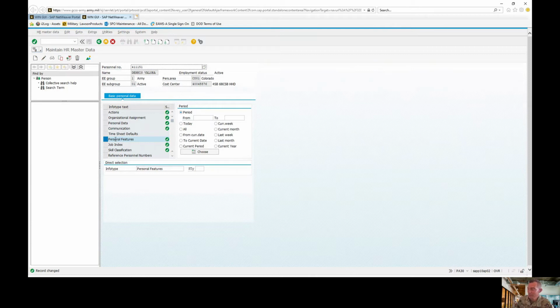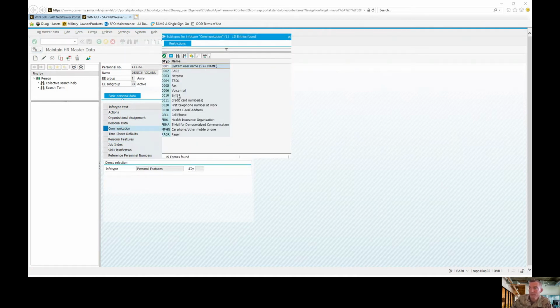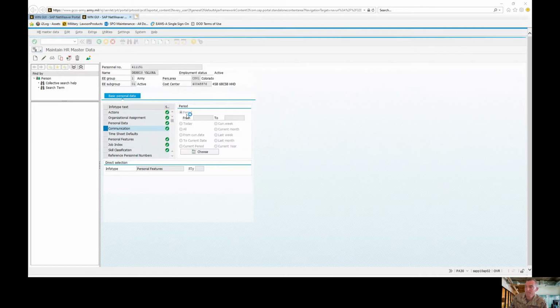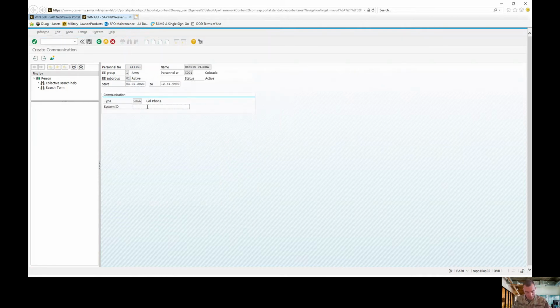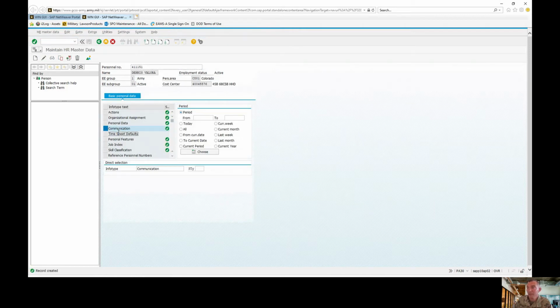Just keep in mind when you're adding email addresses, it's either dfast.mil, mail.mil, or us.army.mil. When you go to the communications tab, you can change or create. So I'm going to create, and I'm going to put my cell phone number in here. Once you enter the cell phone number, you hit save. Then when you go back and display your communications tab,